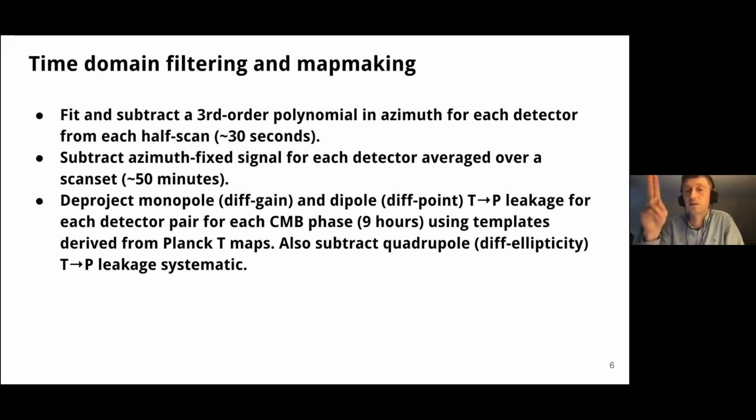And if your two detectors are mispointed from one another, that would leak the spatial gradients of that map into polarization. So we use the Planck temperature maps to tell us what is the true sky signal in temperature. We can calculate what these leakage templates are, fit them from our data at, again, this 9-hour time scale, and subtract it. We also subtract a quadrupole leakage systematic,